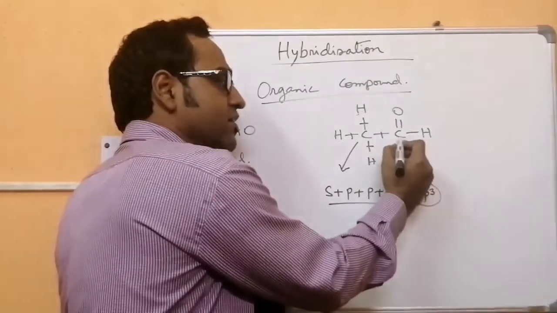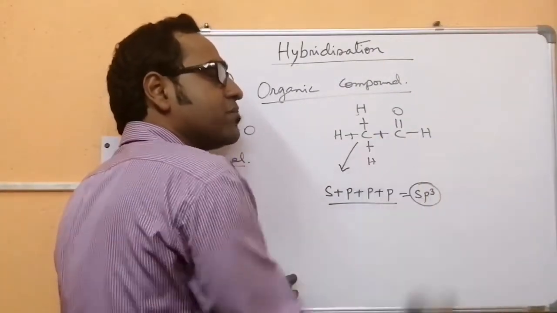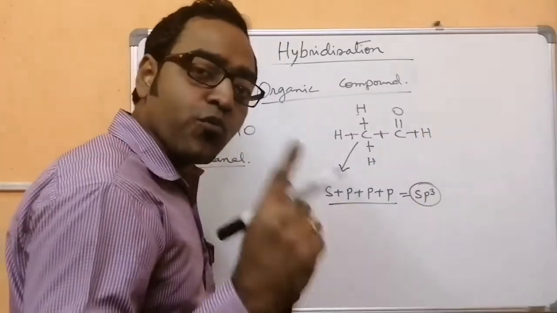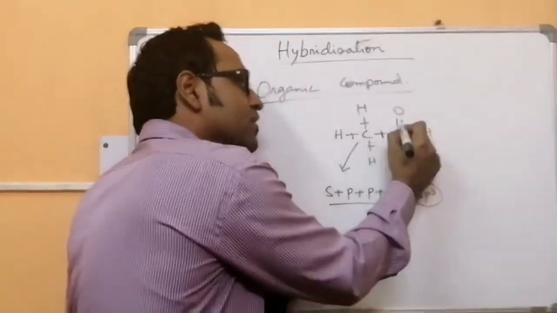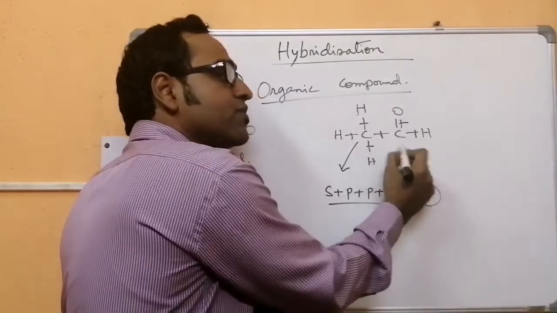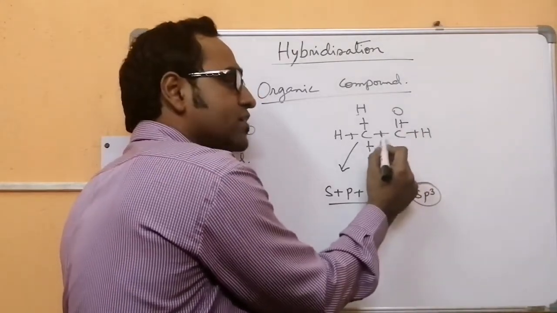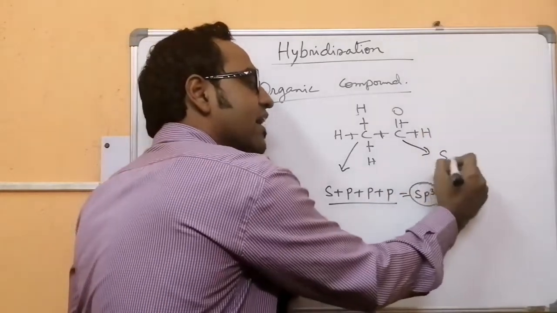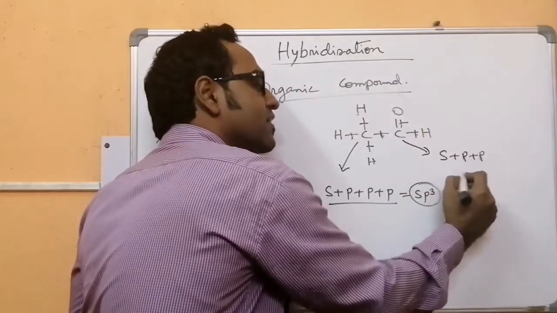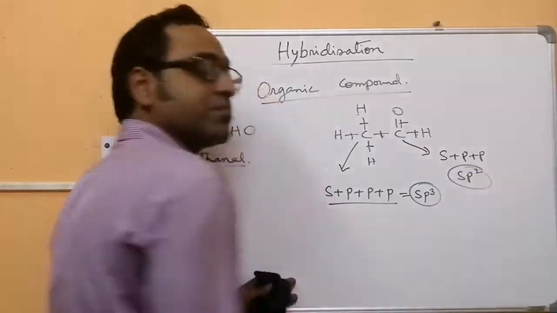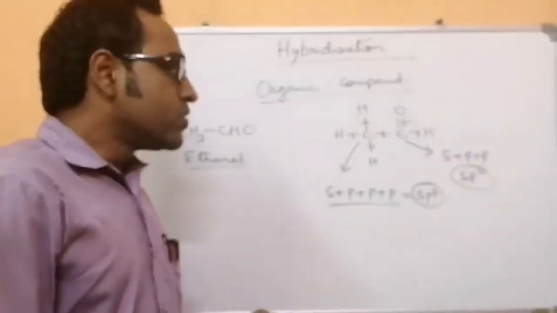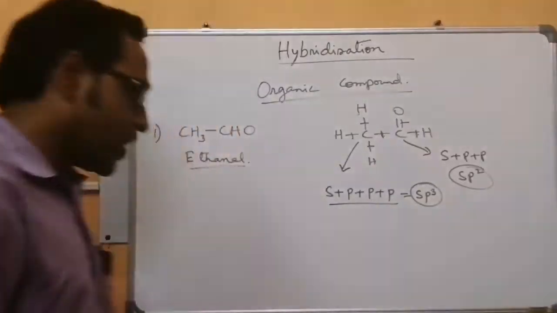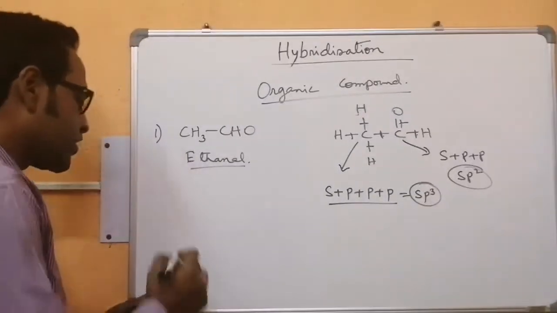Now this carbon is forming 1 sigma, 2 sigma. Now this is a multiple bond. So in a multiple bond, 1 is sigma, the rest is pi. A total of 3 sigma bonds it is forming: 1 sigma, 2 sigma, 3 sigma. So the hybridization is s plus p, that is sp2. So the hybridization of the two carbon atoms is different. Now move to the next molecule,